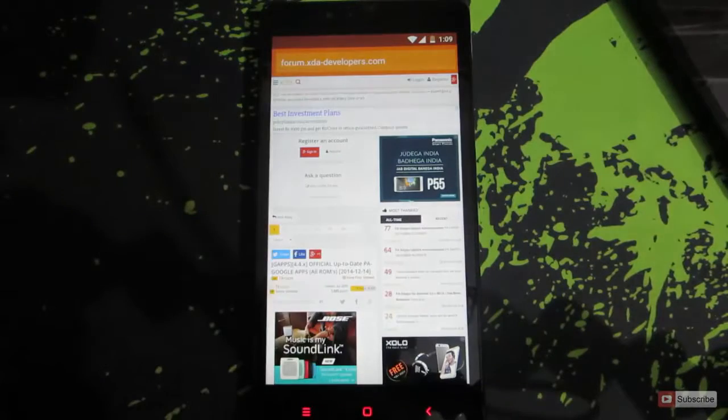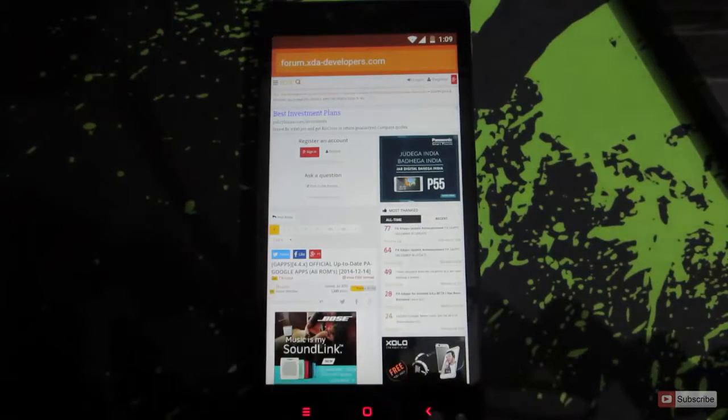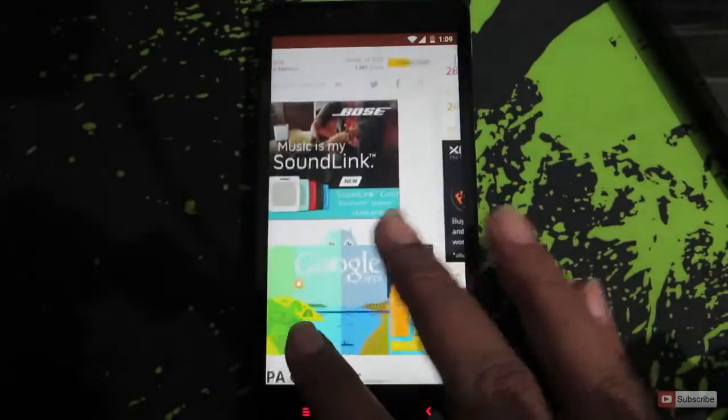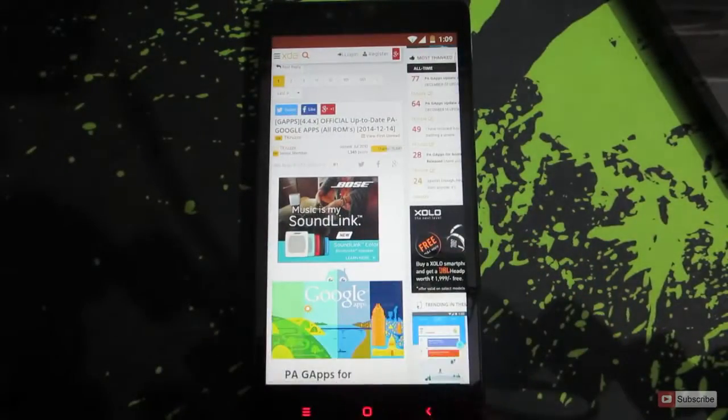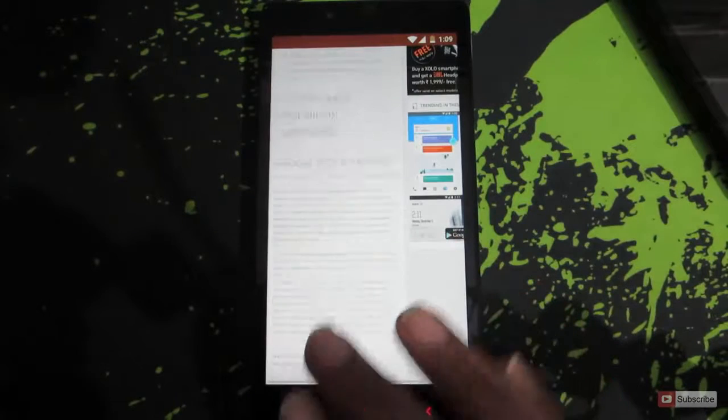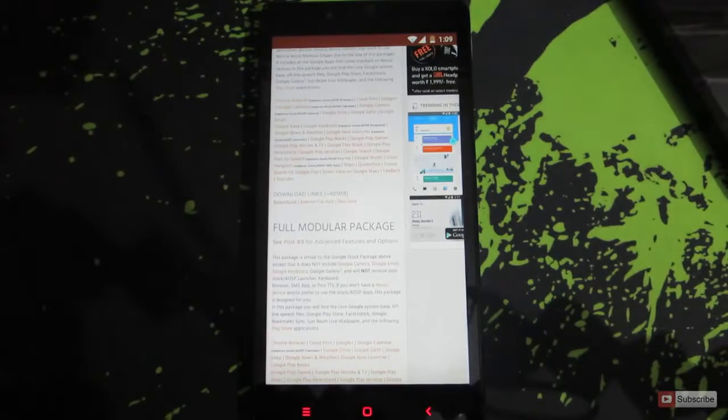Now we need to download the key apps. For that you need to go to this page. I'll leave the link to this page in the description area below this video. So once you open this up, it will look something like this, and you have different packages and you can choose whichever package that you want.